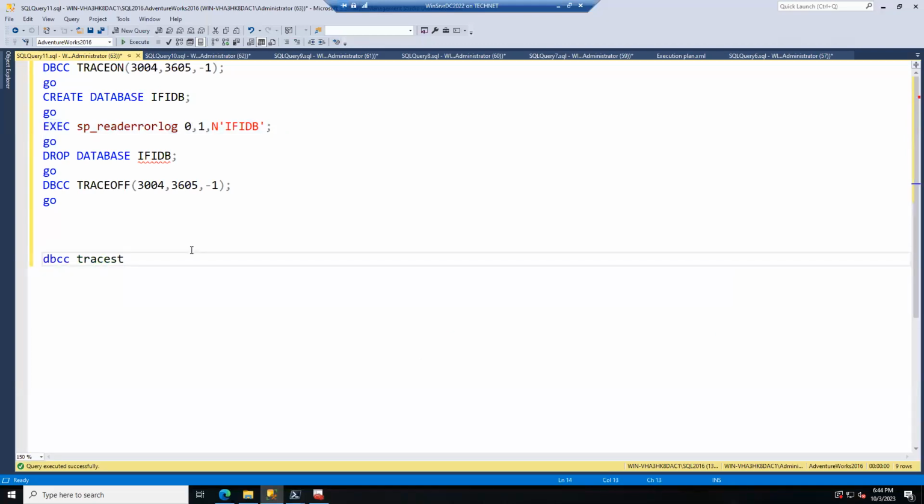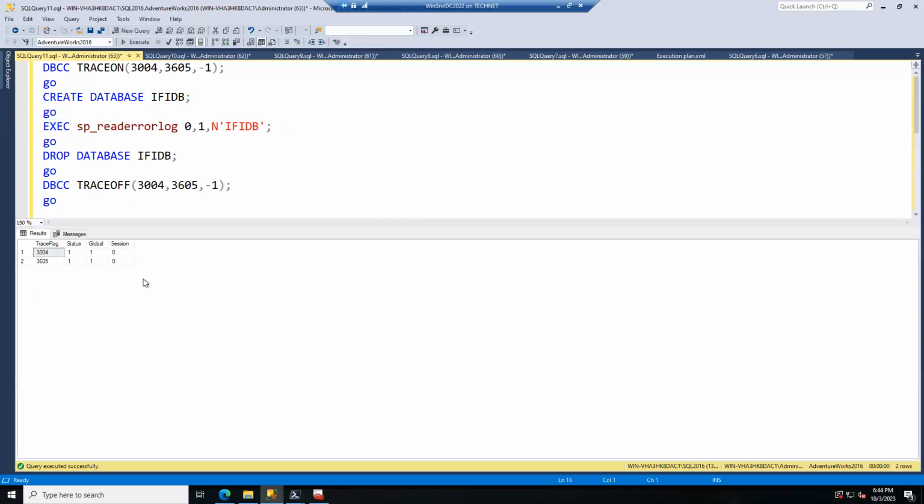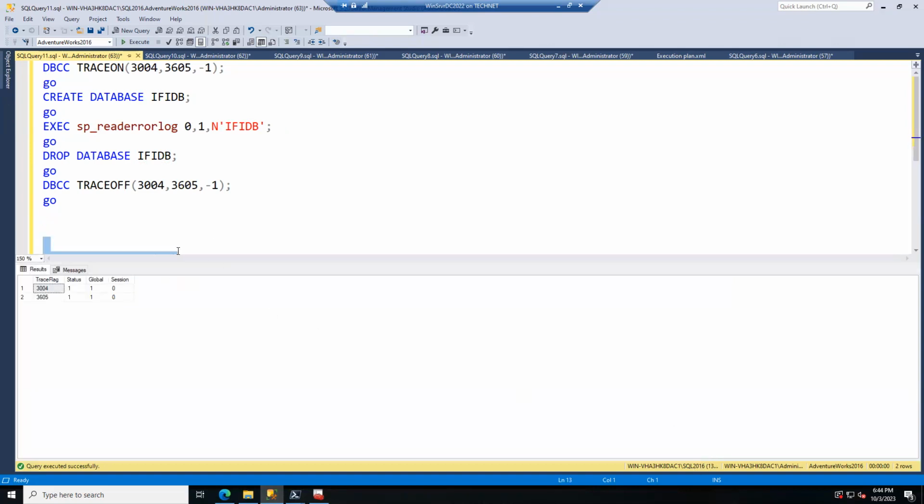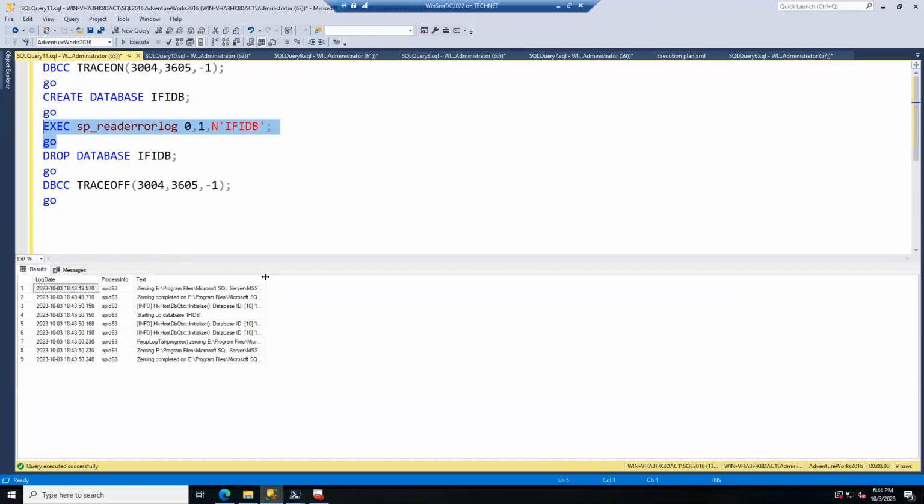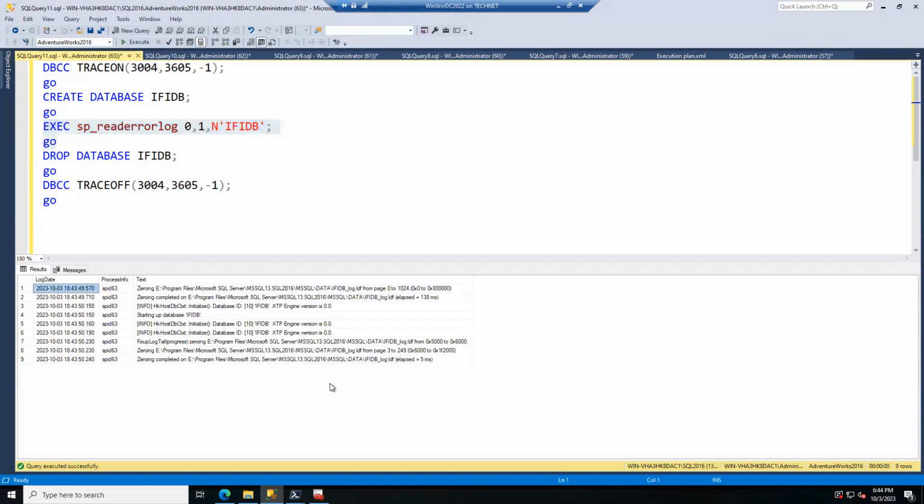If I create any database, what actually happens,